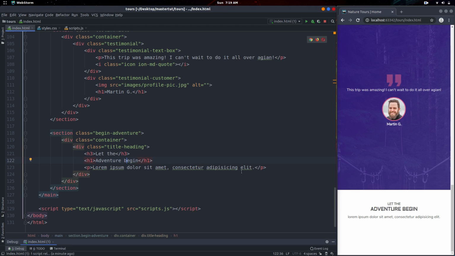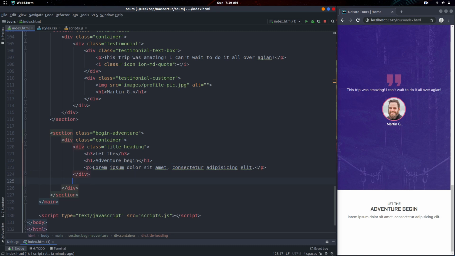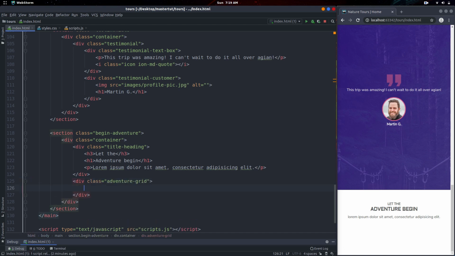So underneath of the title heading, what we want to do is create another grid. This one will have the class of Adventure Grid. Inside of the Adventure Grid, we're going to have an Adventure Grid item. So let's create a div and apply that class. And in here, we're just simply going to have a p tag, some dummy text,